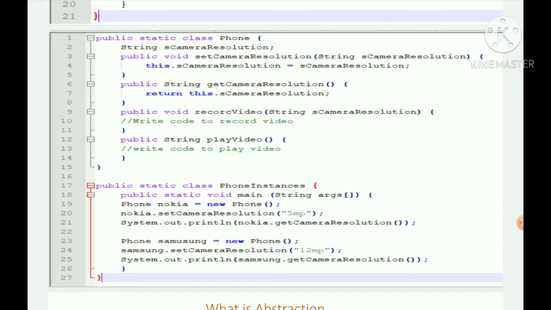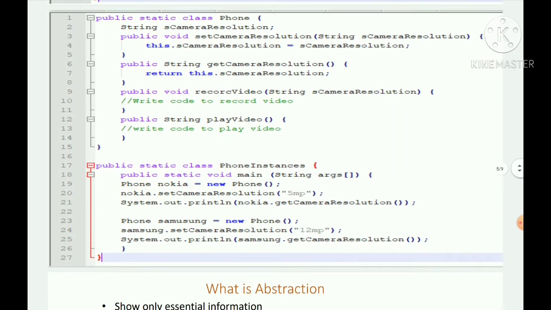In the same way, I am creating another object. So you can create a lot of objects and a lot of classes, depending on the requirement. Just for the sample, I created two objects for the same class. There is no hard and fast rule that you need to create only one object or multiple objects. Depending on the requirement of the program, we can create that. Okay, so Samsung is another variable name, object name. Samsung.setCameraResolution is 12 MP. So it will go to the line number 6 and assign to that, and in line number 25 I'm calling the get camera resolution. It will print the value. Okay, this is a simple class and objects.